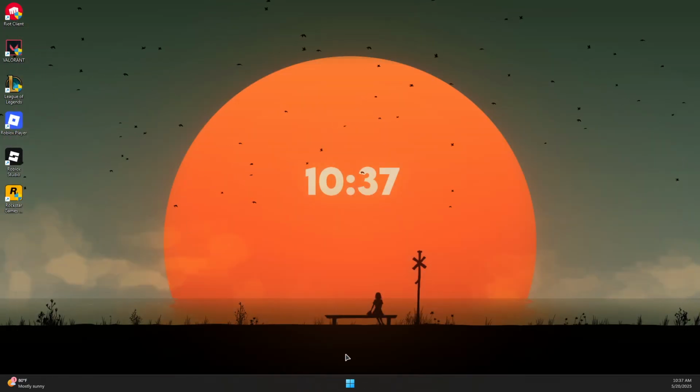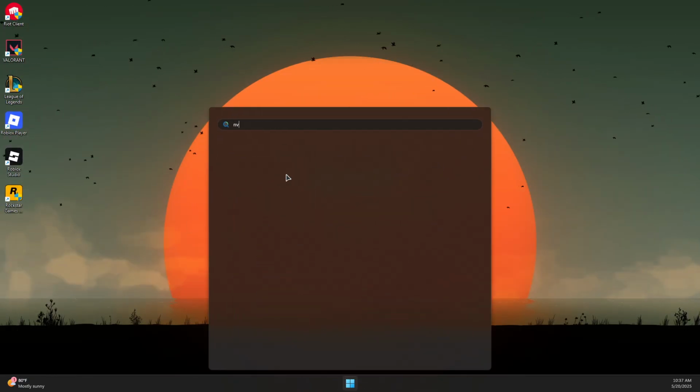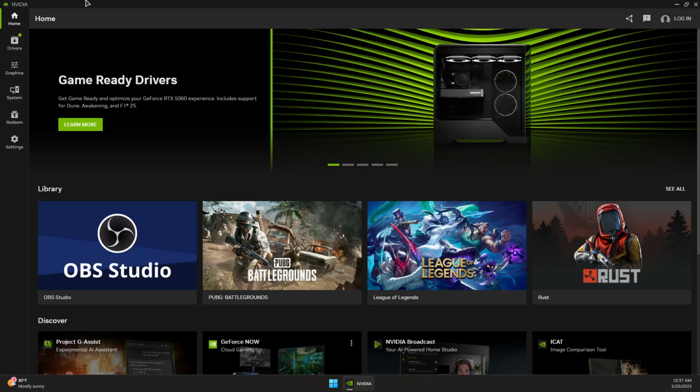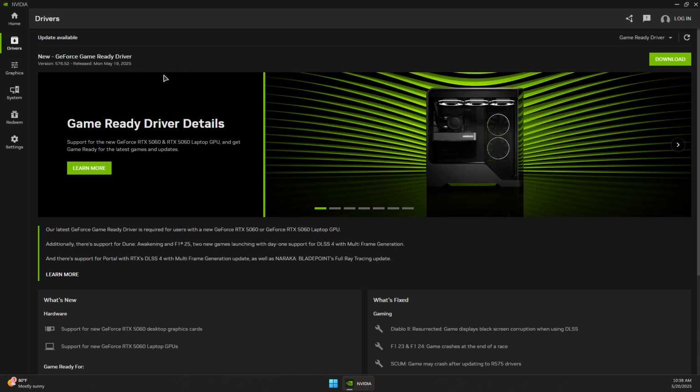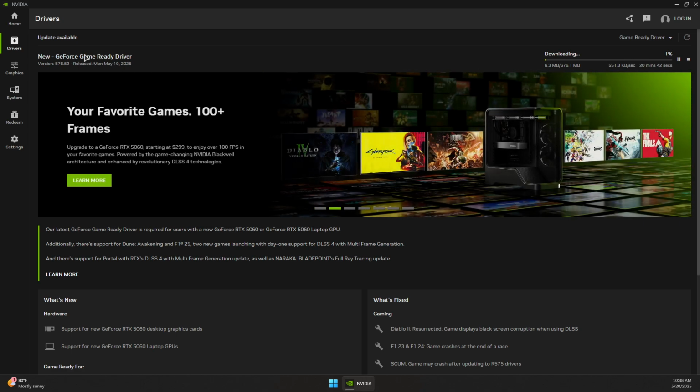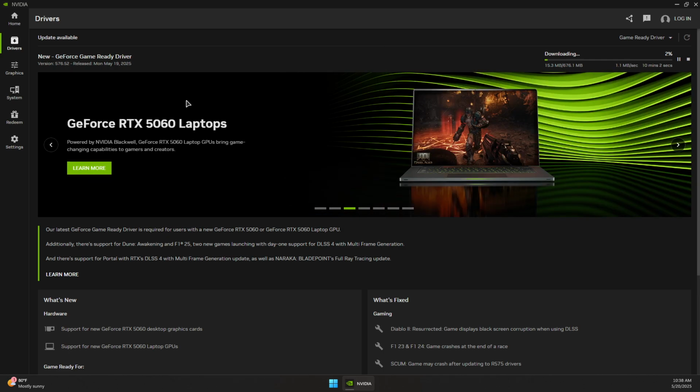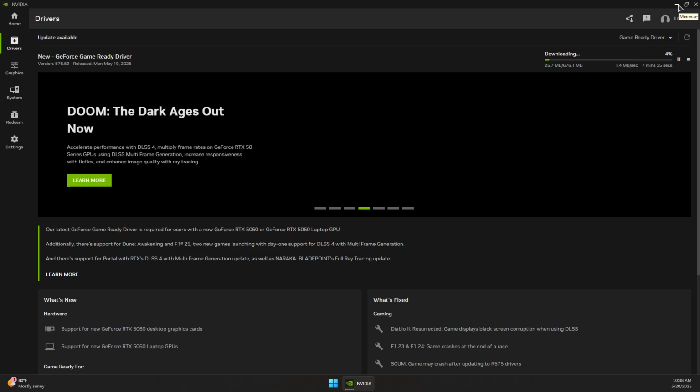Now for NVIDIA GPUs, there is the NVIDIA app, which you can download from the browser and install it. Now you want to open your NVIDIA app or your relative GPU app, go to drivers, and in here make sure you have the latest driver installed. So you can also click on the arrow here to check for updates, and you should see a download if you don't have the latest version. So you can click on download to start downloading the GeForce Game Ready driver. Now once you download and install this, you will be prompted to reboot your PC, and that should solve the